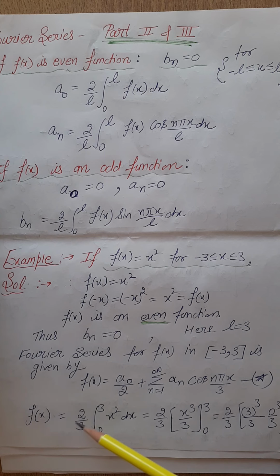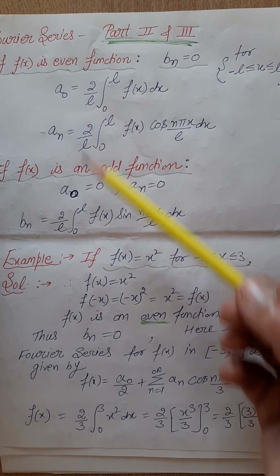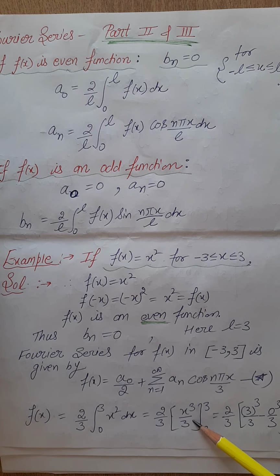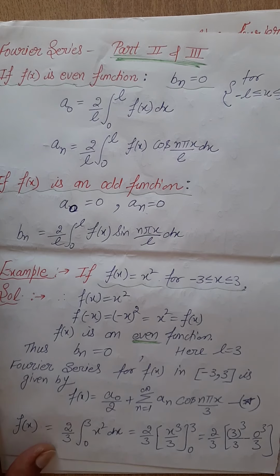We write here A naught is equal to 2 upon 3, where 3 is L. We put 3 in place of L. Taking the limit 0 to 3 of x square dx, we take the integration and apply the formula that the integral of x to the power n is x to the power n plus 1 upon n plus 1. After that, we write our upper limit minus lower limit. After solving it, we get our answer